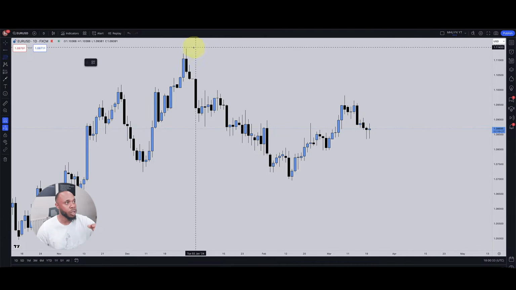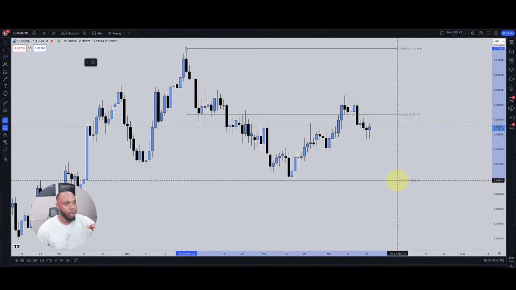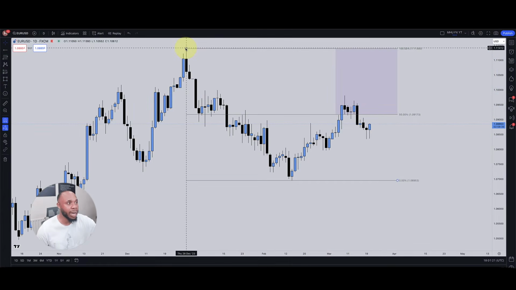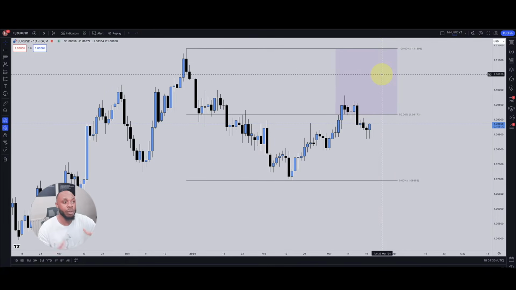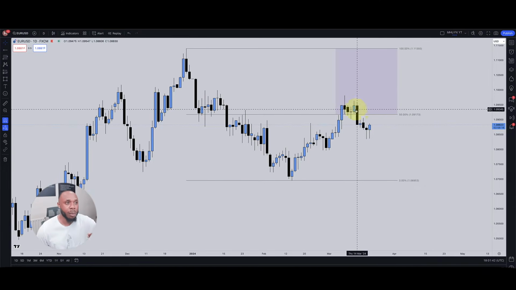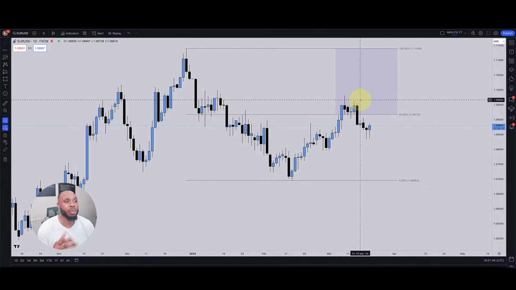This is when you bring out your Fibonacci tool, take it from the top to the bottom. You can obviously eyeball it. Eyeballing it is not necessarily going to be the most accurate, but a premium price is anything within this area right here. So all that means is that from this high to this low, this whole move down, if you marked up 50% of the whole move, that is this upper portion, and that is when price is at a premium. So when price gets up into here, it's at a premium price. So once it gets into that premium price, this is when you expect price to drop.